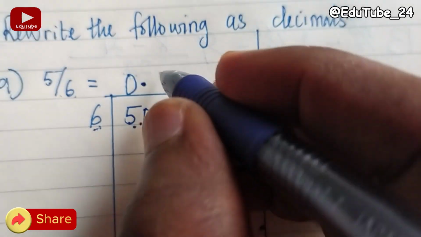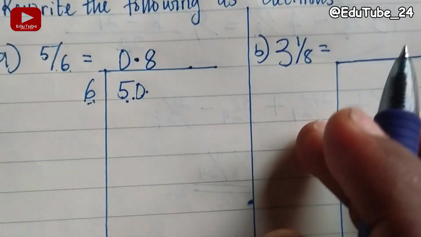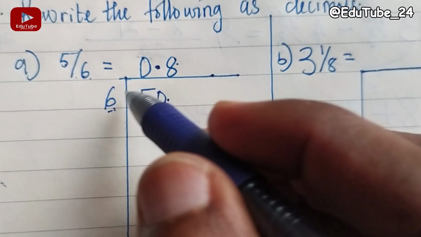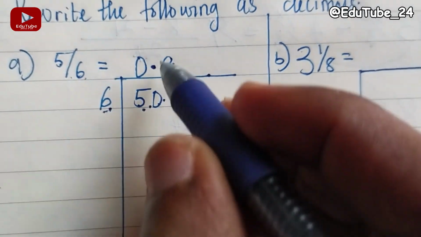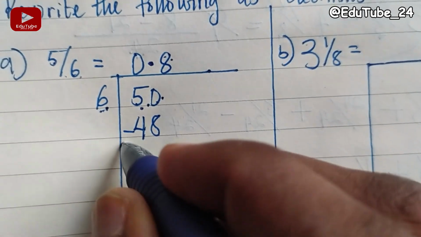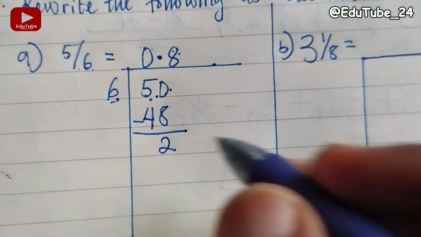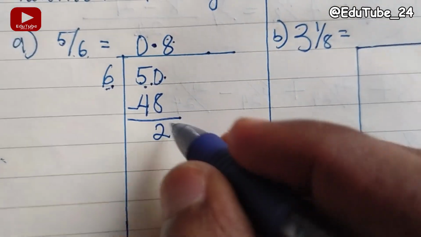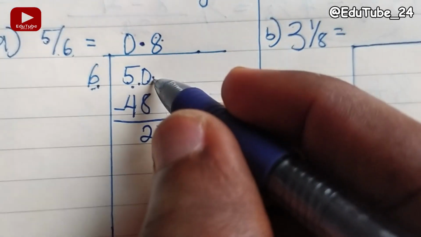Basically, the answer is 8. So I will then use my answer to multiply my divisor. So 8 times 6, that gives me what? 48. So I'm going to take away 48 from 50. I'll be left with what? 2. Then 6 cannot divide 2, so I'm going to add 0 again, just like I added to 5 to